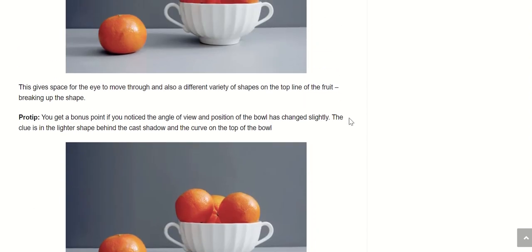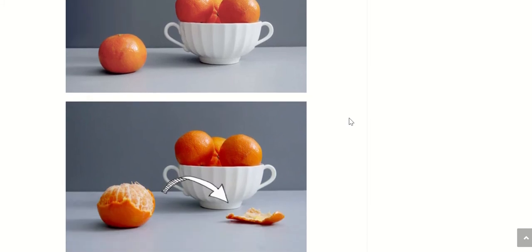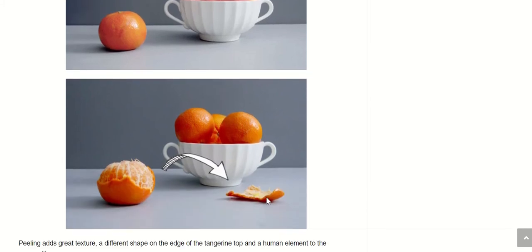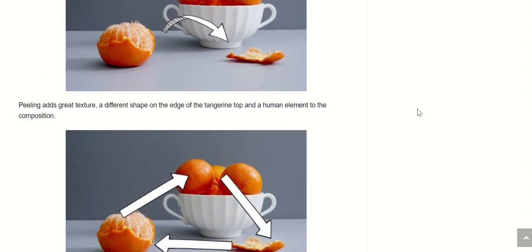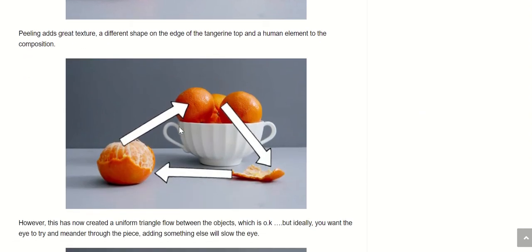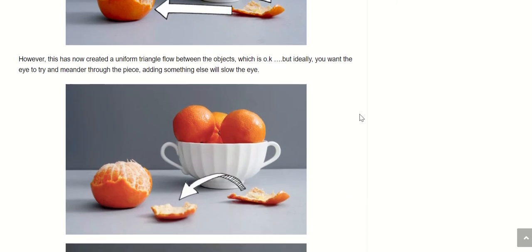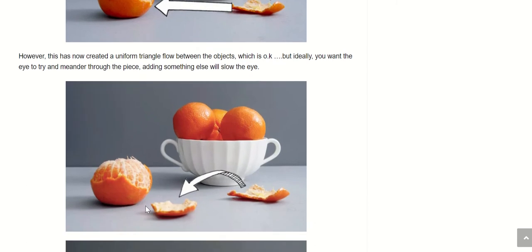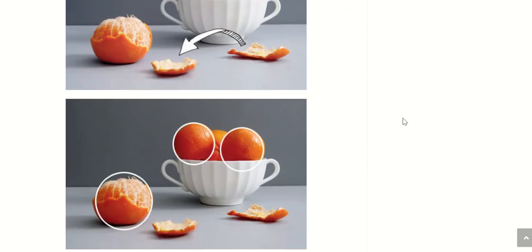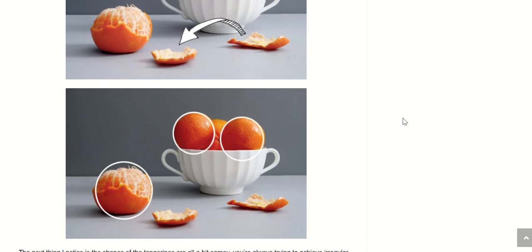Then maybe I want to take a piece of this and bring this over here so that my eye is really moving around now. So this is giving me a little bit better eye movement. I like that even better. And maybe another piece right here. So now that I have full eye movement, it's moving around in a circle shape, but there's actually